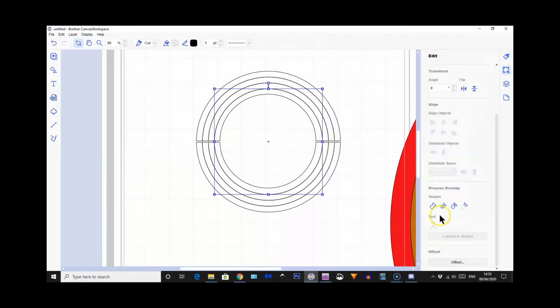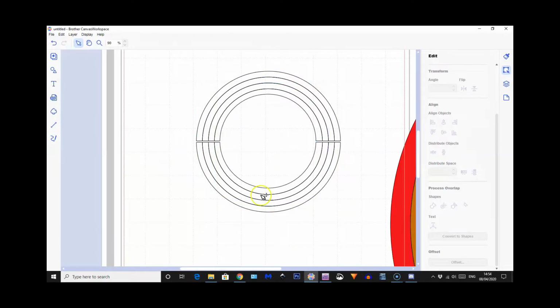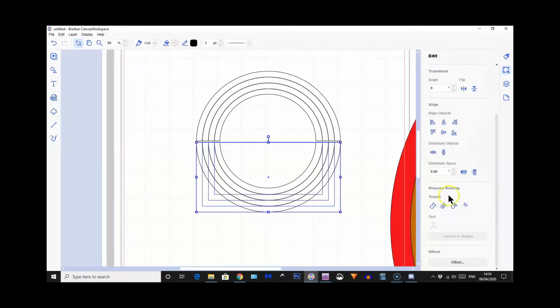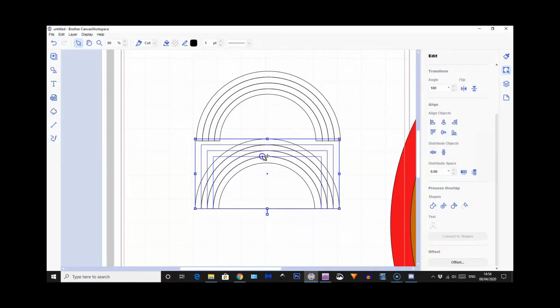Then what you need to do, while you still got them, oh no, you need to grab them all, apologies, and divide. You see that line's come across now? So now what we want to do is grab the bottom half and flip it vertically and then bring it up